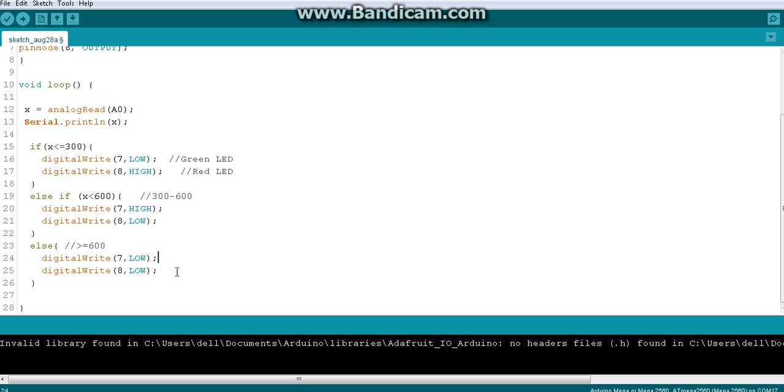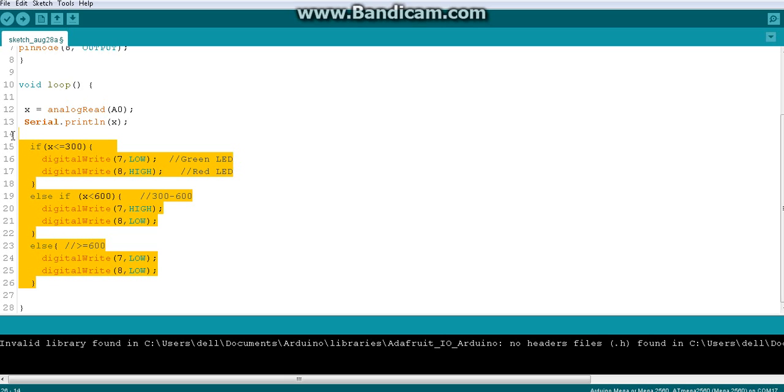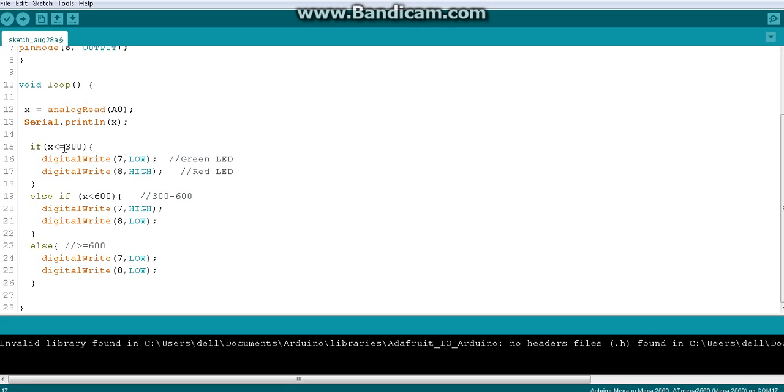Hello everyone. In the last video we saw the initial first part of this logic. Less than 300 will be covered here, the 300 to 600 range will be covered here, and more than 600 values will be covered inside this else. From your common sense or logical thinking, you clearly understand this scenario. Okay, that's fine.